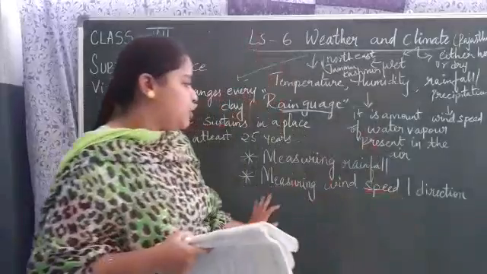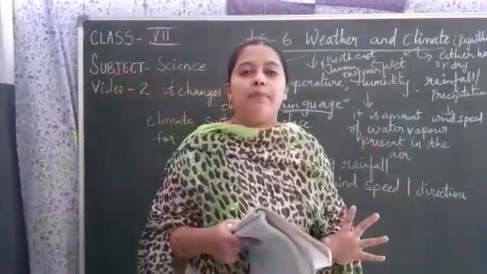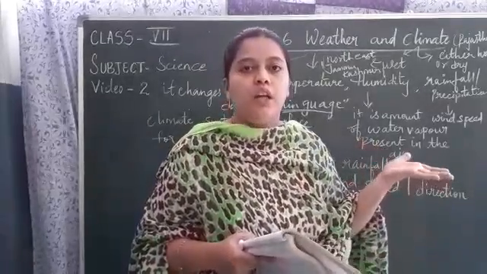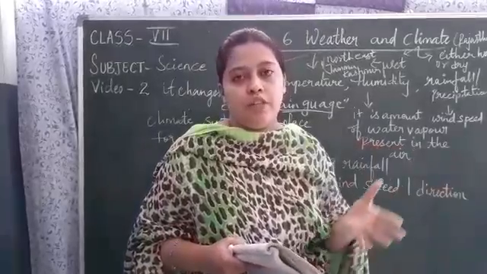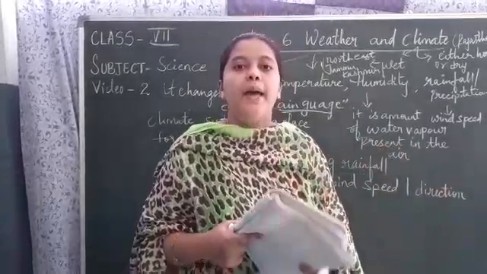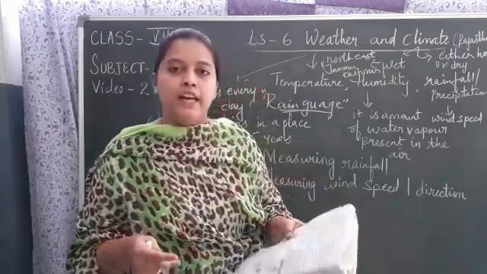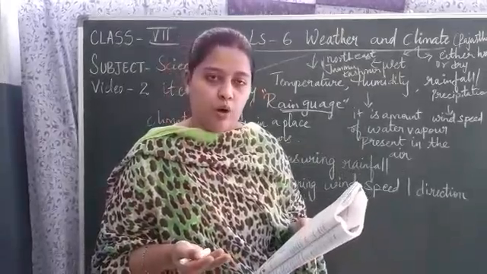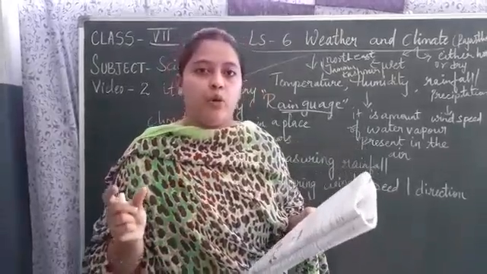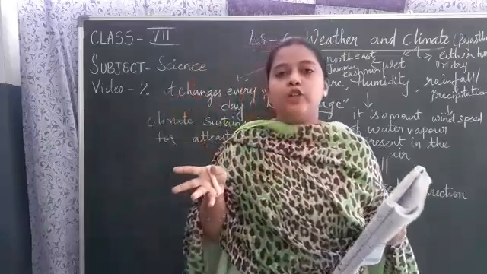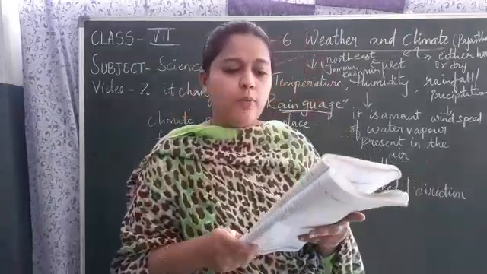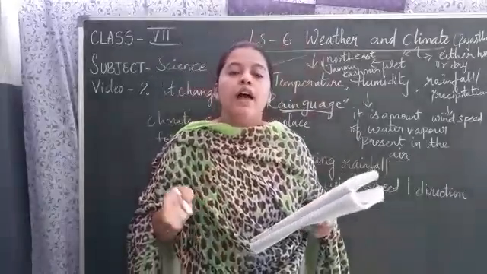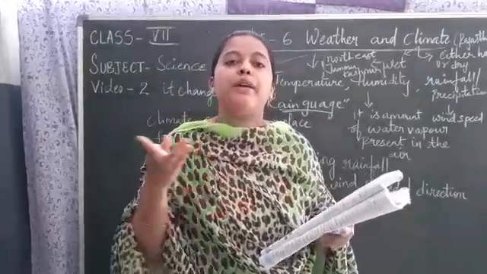Okay, now coming to direction of wind. Usually what will people do for measuring the direction of wind? In your earlier classes you have learnt that they measure with the weathercock, which shows the direction of the wind. But how it is actually measured, see children, for measuring the direction of wind there is an activity. You can do this activity also. Suppose you take a cardboard. Take a cardboard and cut it in the form of an arrow. It should be in the arrow shape.